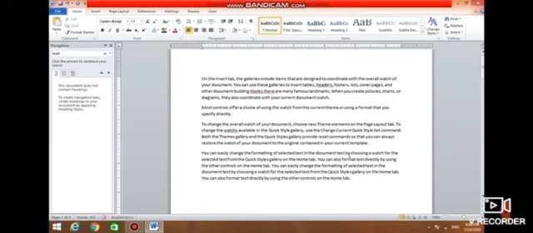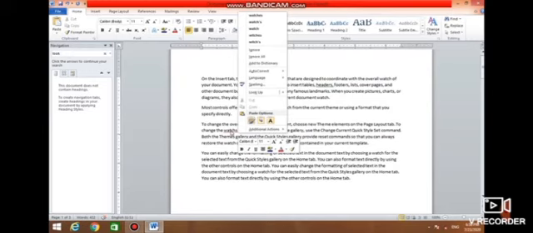Next is checking spelling and grammar. While typing a document in Microsoft Word, spelling mistakes are bound to occur, which leads to error-prone documentation. To handle this problem, Word provides a spell check tool which automatically checks the words typed in the document and marks the misspelled word with the help of its built-in dictionary.